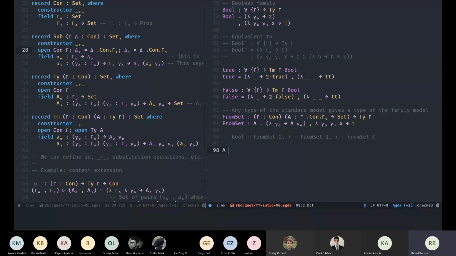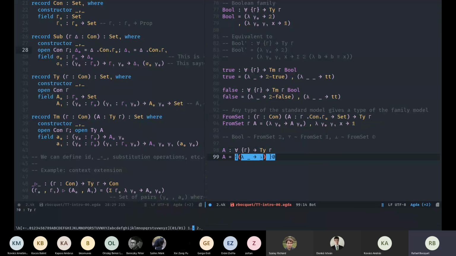Well, we can define a type A where the first component is, for instance, has one element, but then the second component